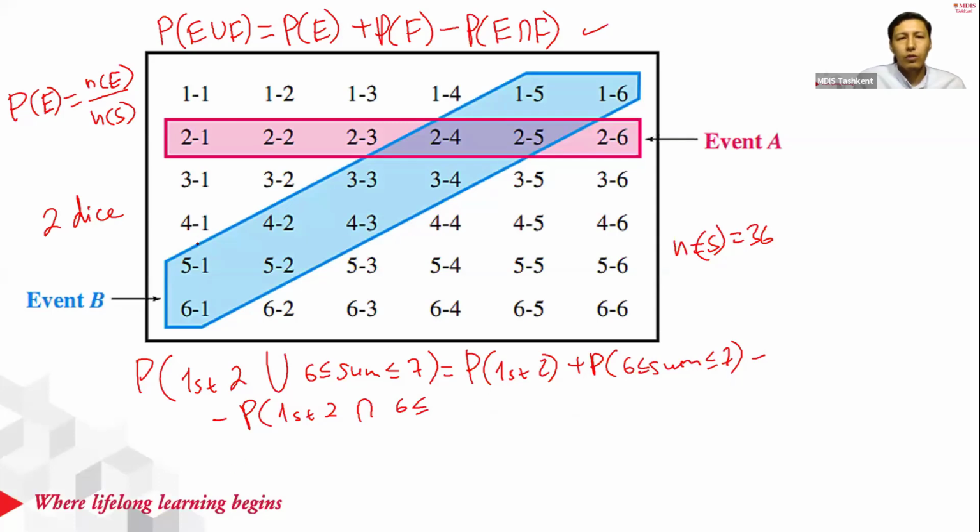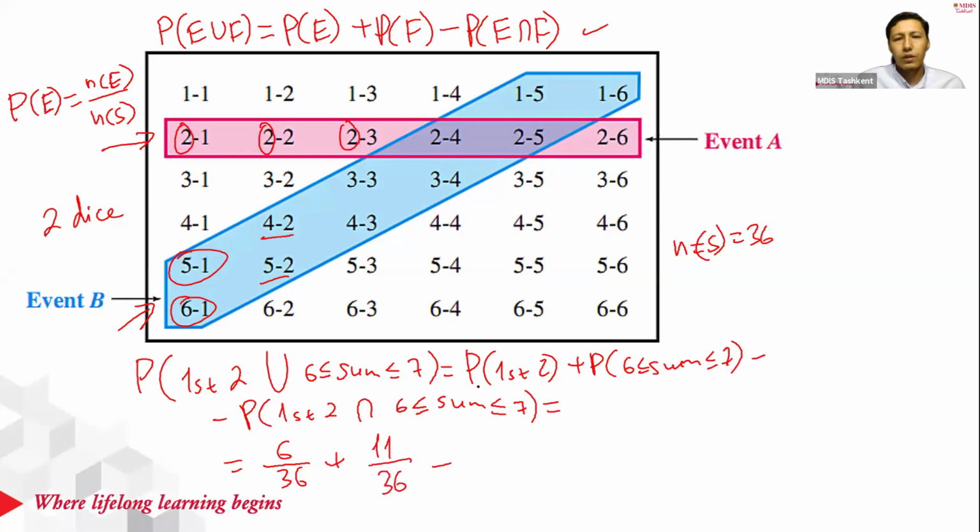Okay, first 2. First 2 is here: 2,1, 2,2, 2,3. Okay, this row. How many elements? 6 out of 36. Plus the sum between 6 and 7 here. If you add them, you get 6. This one, you get 7. 4 plus 2 gives you 6, 5 plus 2 gives you 7. Okay, the blue ones are the sum 6 and 7. So how many? 11